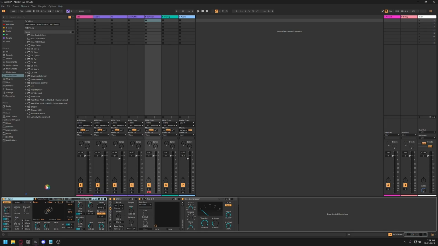These model the attack of the pluck or strike of the instrument, striking the mallet on the percussive instrument, or plucking the string will have that attack sound to it, and then the resulting sustain and decay of the sound fading off. And so these are all models that have been created to